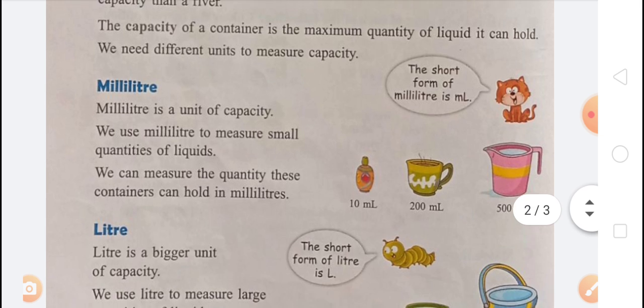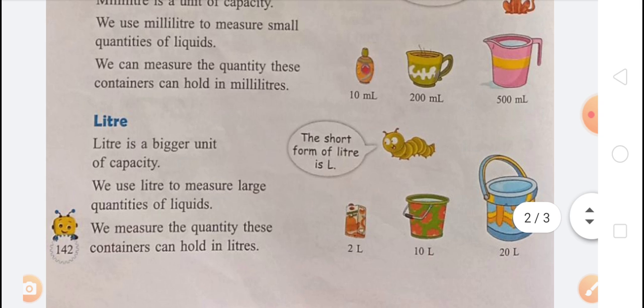Okay. And the next one is liter. Liter is a bigger unit of capacity. We use liter to measure large quantities of liquid. That means any container, any bucket, any bottle that can hold 2 liter or more than 5 liter, that can hold more than 1 liter, holds liquid in liter. So liter is a bigger unit of capacity, and we use liter to measure large quantity of liquid,